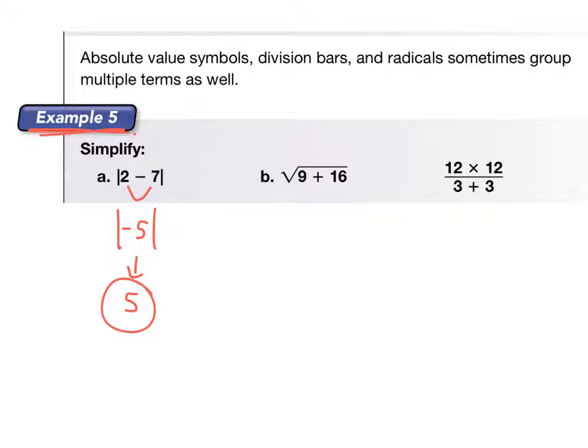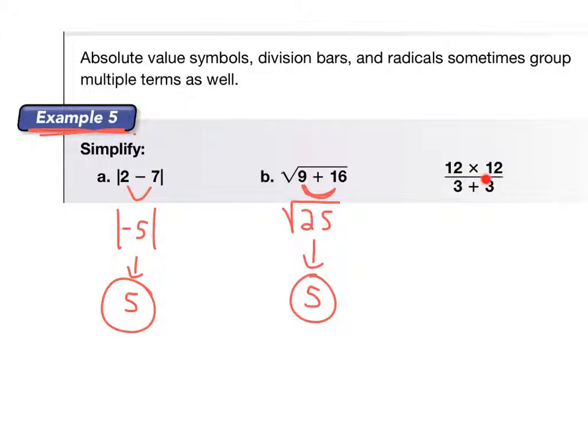For B, I have to add first. So I'm going to add 9 plus 16 first to get 25, and then I take the square root. So you must do whatever's inside the radical first. So the square root of 25 is 5. Remember, this symbol right here is called the radical symbol. Okay, and then the last one, I have a